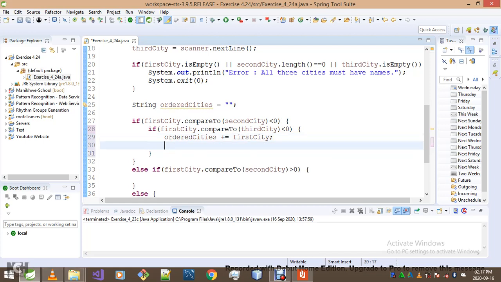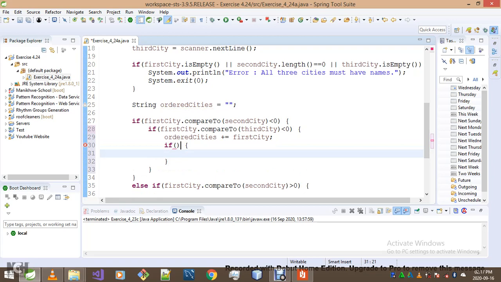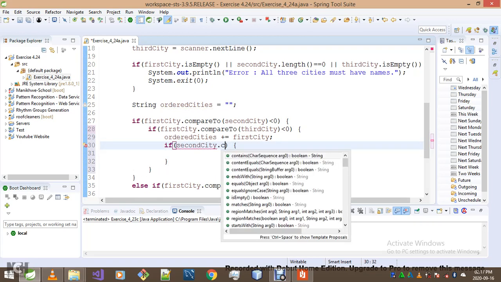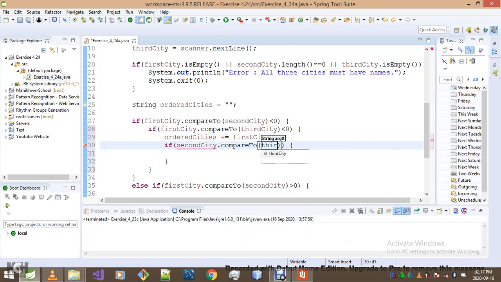And now it's time to compare our second city and our third city. Alright, so we'll simply go if second city dot compareTo third city is less than 0, we know immediately that what will follow first city is gonna be ordered